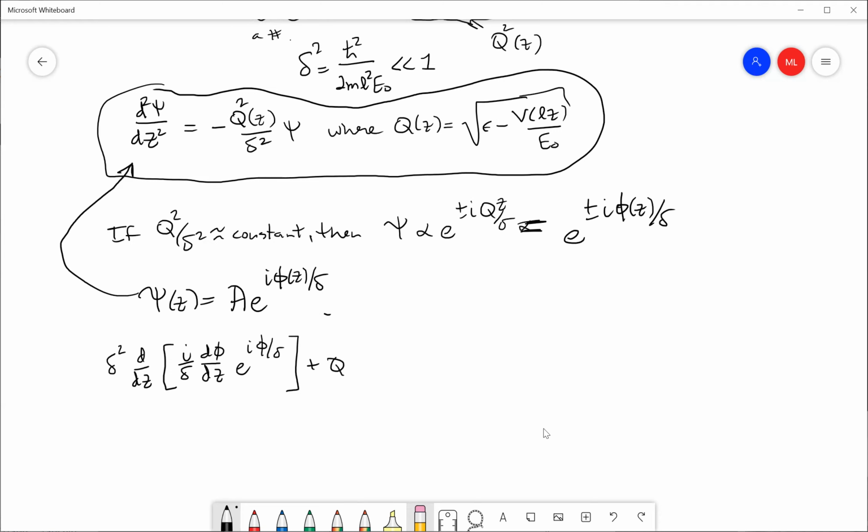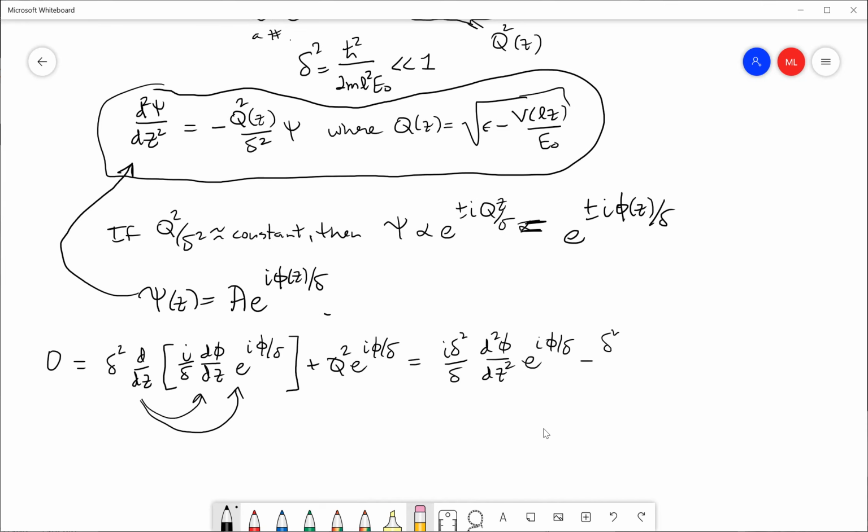We're going to put the q squared on the other side. So all this is equal to 0. Okay, we can do the chain rule again. This is i delta squared over delta. Now we have two derivatives of phi, and this is e to the i phi over delta. And just like on your homework for this week, you have to make sure when you do the chain rule that you hit both this guy and you hit that guy again. So you'll get